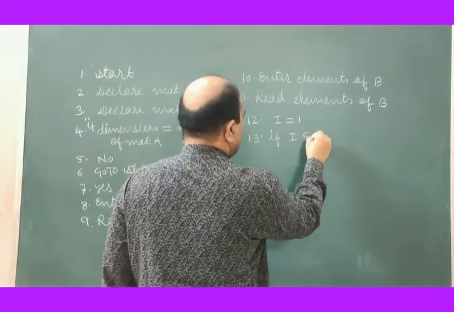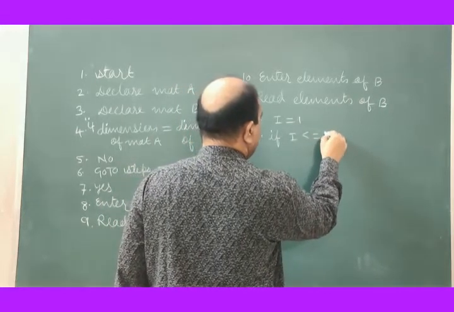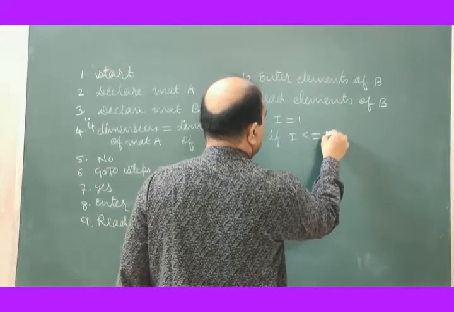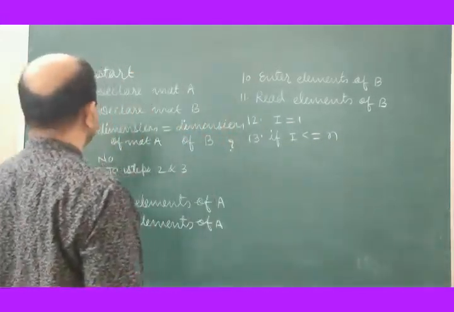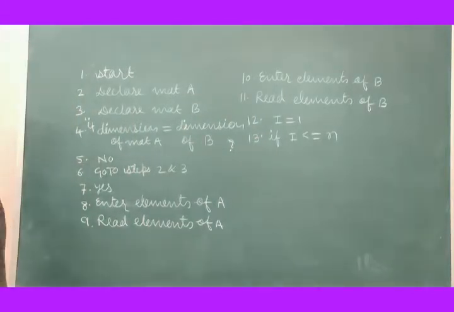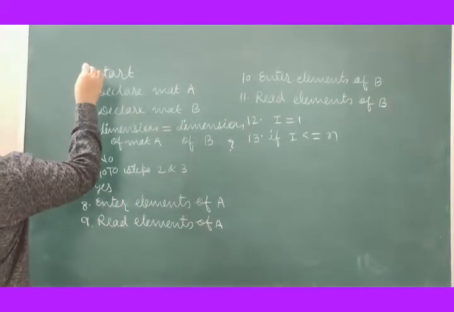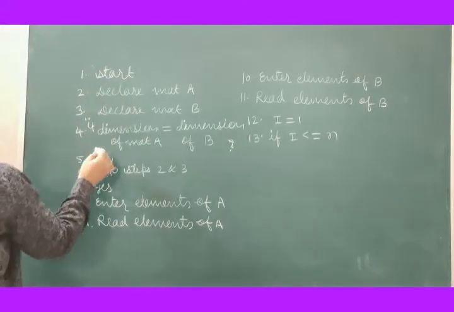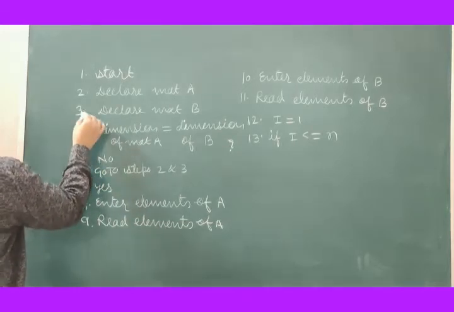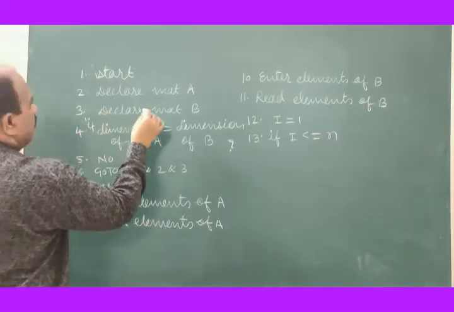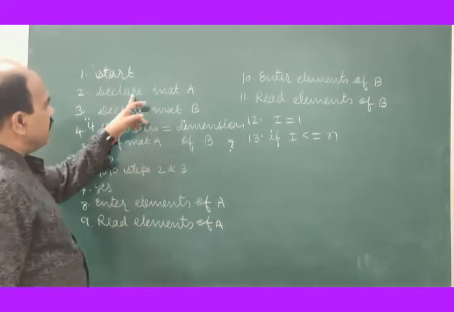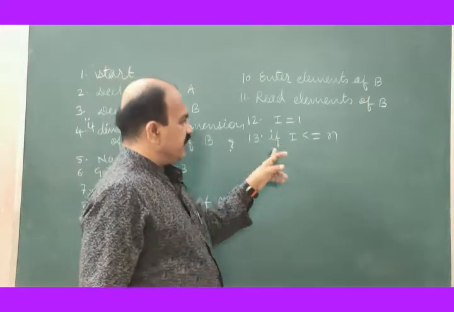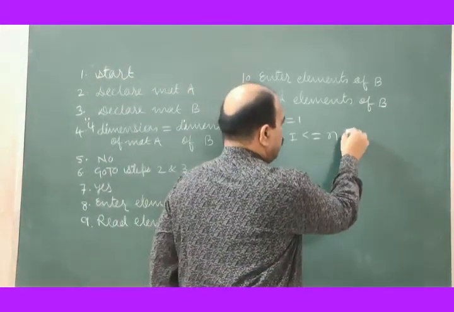If I is less than or equal to n, of course here you have to declare n also. Actually, they are declared here, n by n. If I is less than or equal to n,